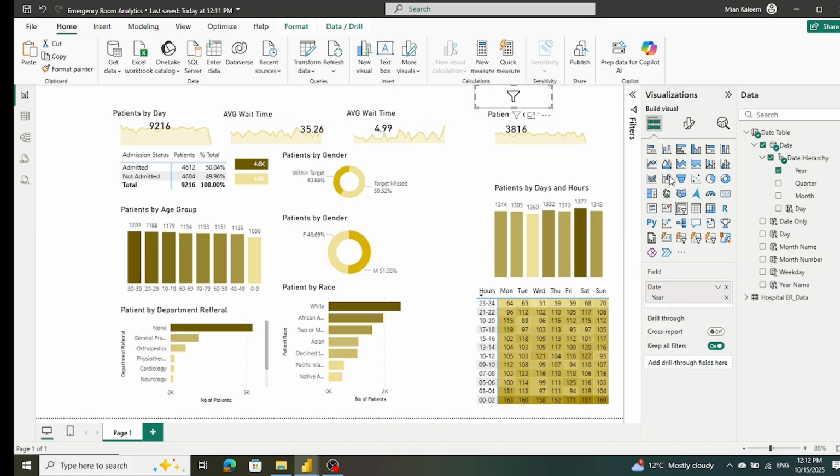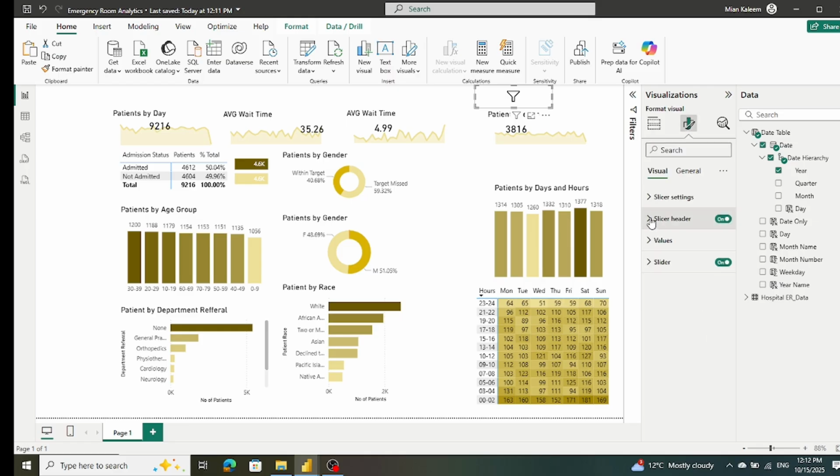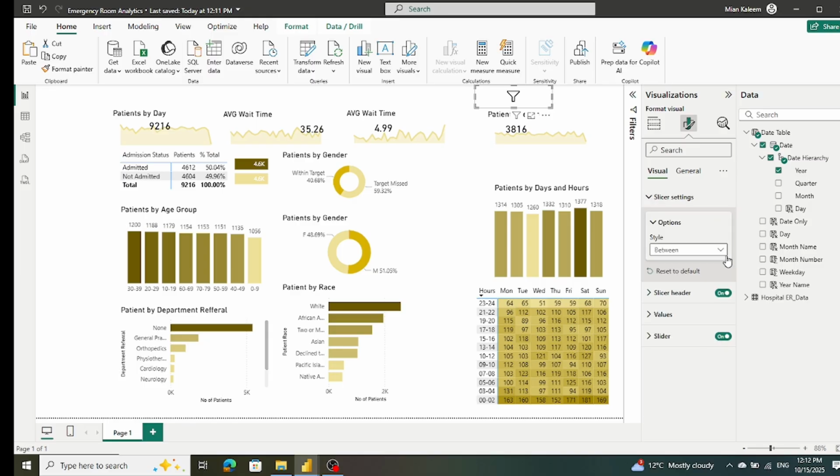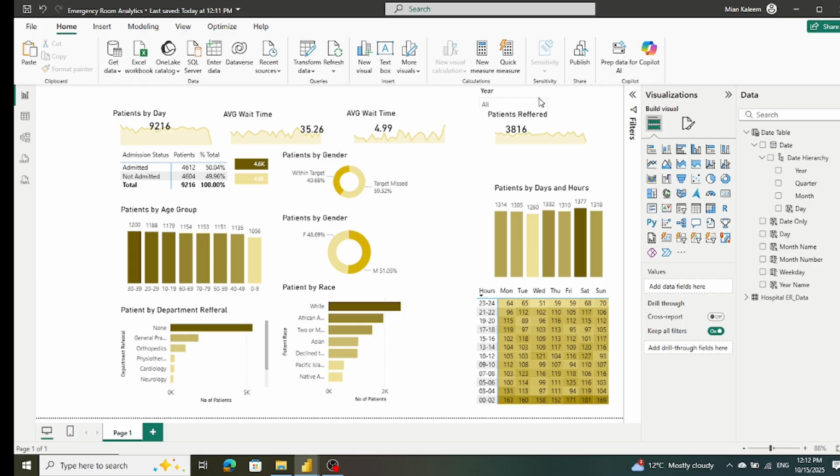We will show it by slicer setting drop down. Okay, and then we will have